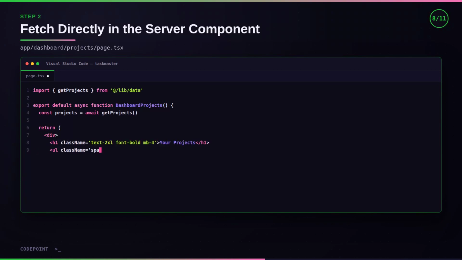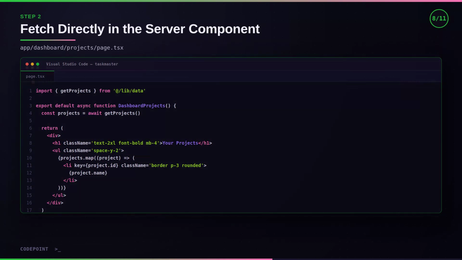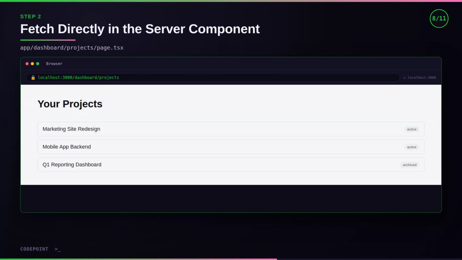status: archived. Step 2: fetch directly in the server component. Update app/dashboard/projects/page.tsx. Import getProjects from @/lib/data. Export default async function DashboardProjects. const projects equals await getProjects. Return an h1, className text-2xl font-bold mb-4, Your projects. Then a ul, className space-y-2, projects.map project, li key project.id, className border p-3 rounded, project.name, span className ml-2 text-sm text-gray-500, project.status,